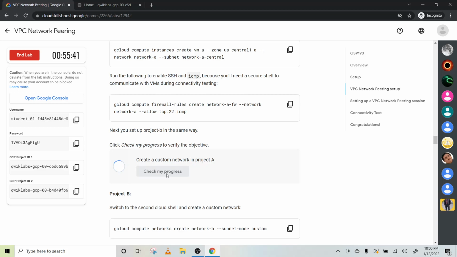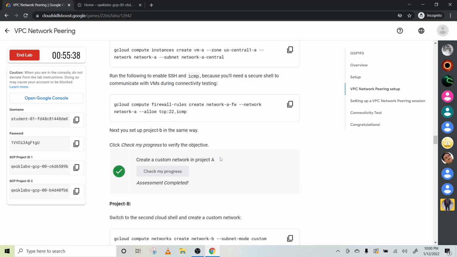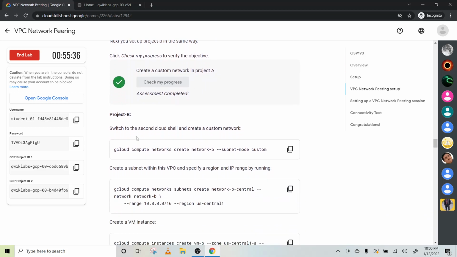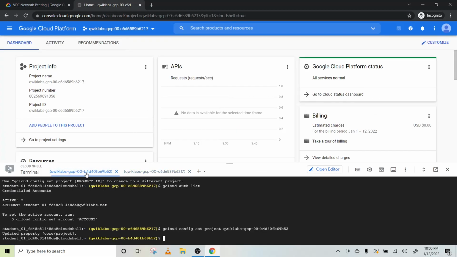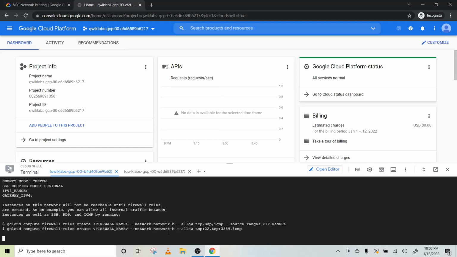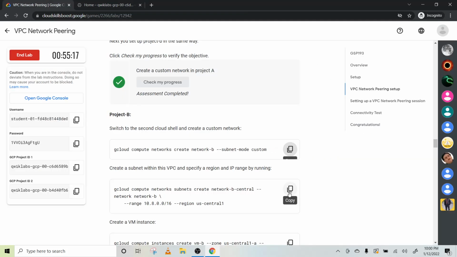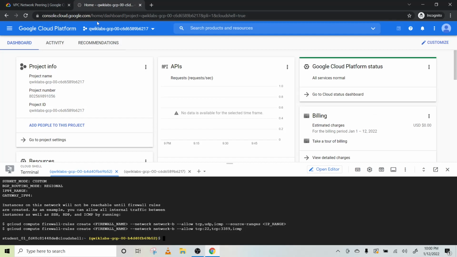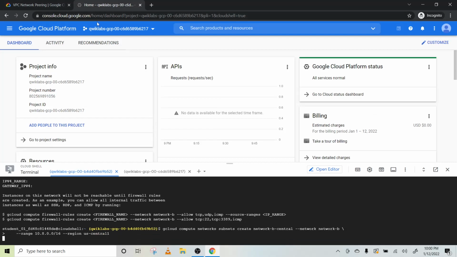Let's check the progress: the custom network in project A. Yeah. Now we switch to the second cloud shell and copy this. This one is the second cloud shell. Paste it here. Now run this code.